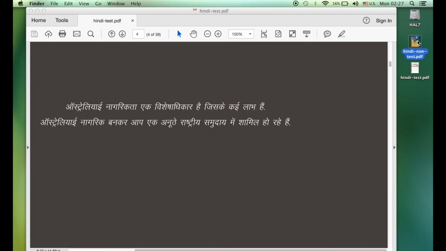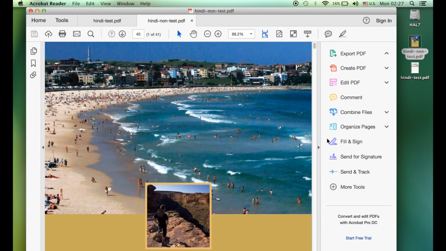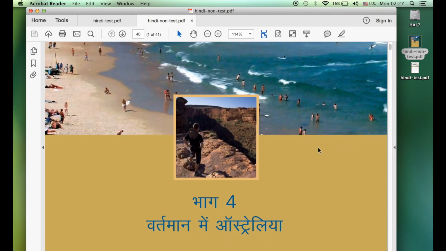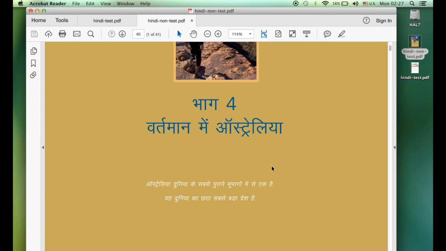Let's open the non-test part. Have a look at that as well. So this is parts 4 and 5 of the non-test book. Now some people think, well, I'm not being tested on it, I don't need it. But I recommend that you have a good look and a good read through this book. It's 41 pages, so the government has added 41 pages to the book